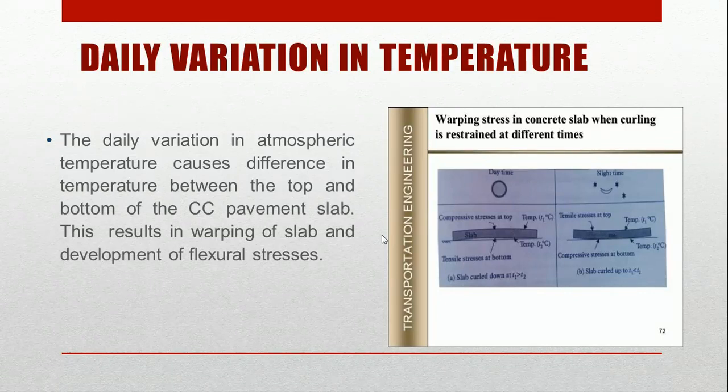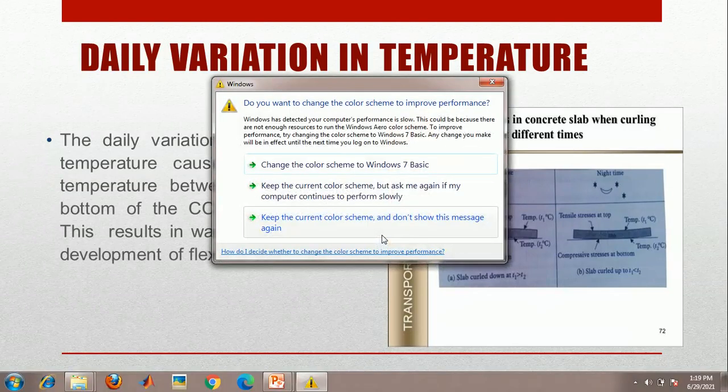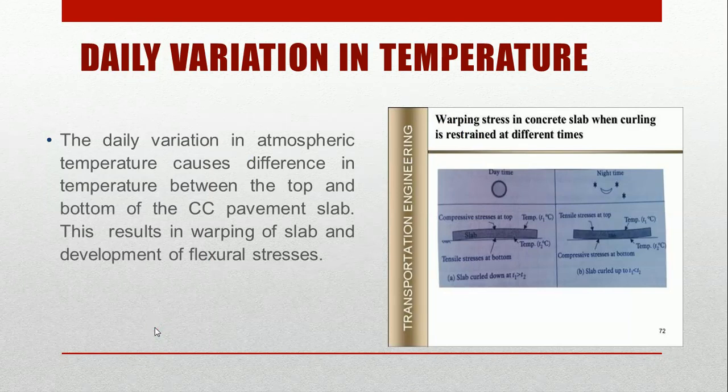So and one more important aspect in case of rigid pavement is the variation of the temperature here. Because what? If there are maximum changes in the road surface, warping stresses are developed. So what does it mean? Warping means a bend is formed, or there is a twisting of the shape of the road surface. So that is what we call a warping. So the stresses which are produced because of the bend or twisting of the road surface, we call them warping stresses.